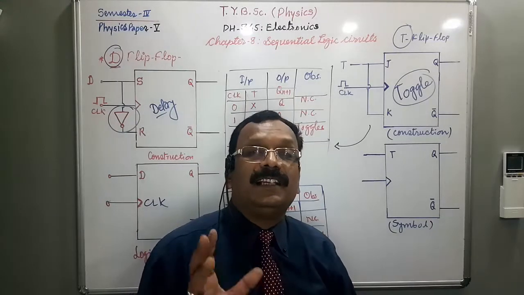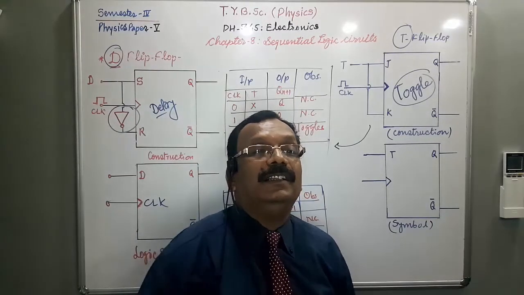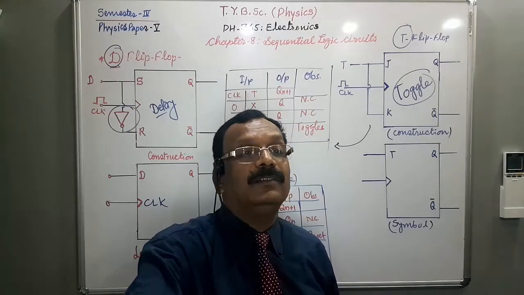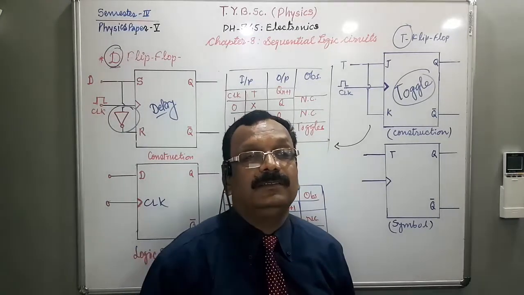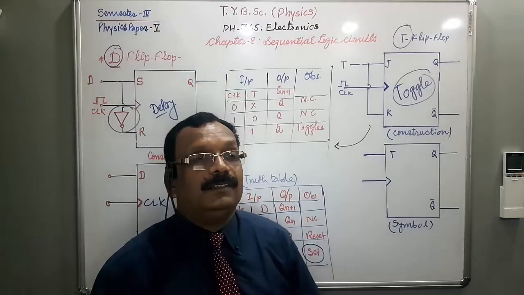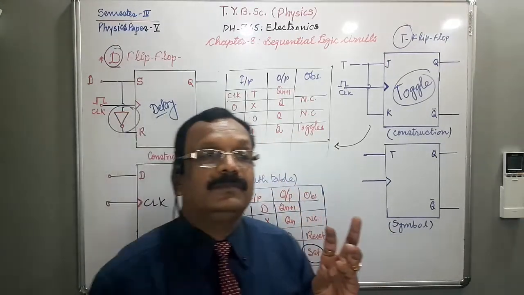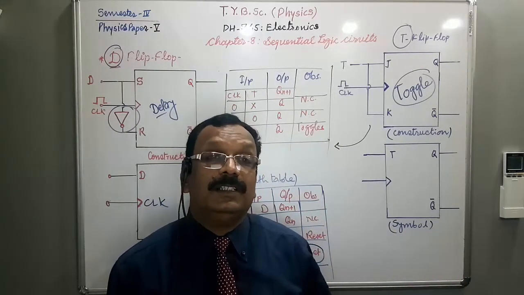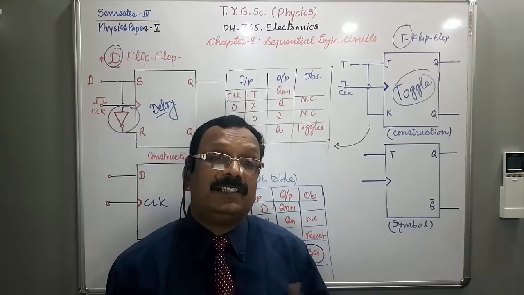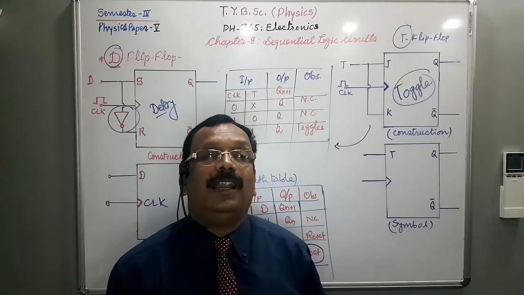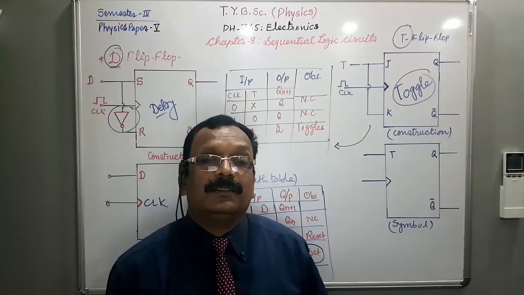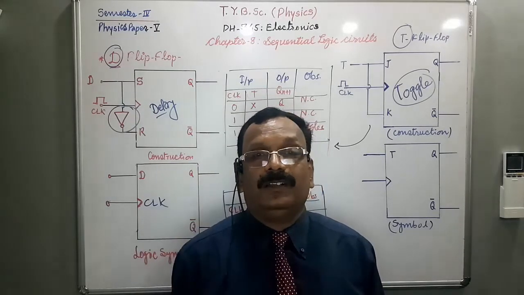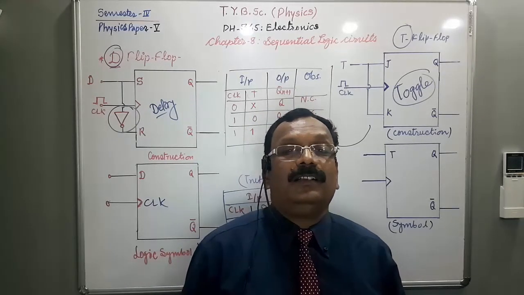Now in the next lecture we will study two important aspects, but before that I would like to tell you that when you are understanding RS flip-flop, clock RS flip-flop, then JK flip-flop, master slave flip-flop, then D flip-flop, and lastly T flip-flop, when you have studied them well, then there will be a little bit of lacuna. And what is the lacuna?